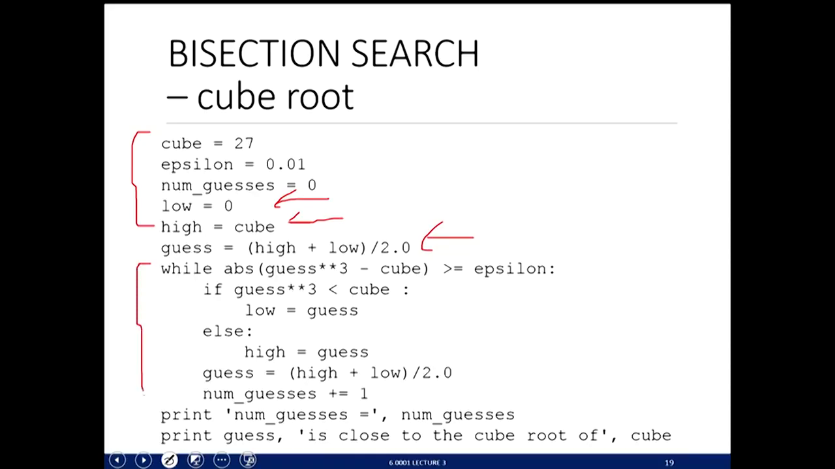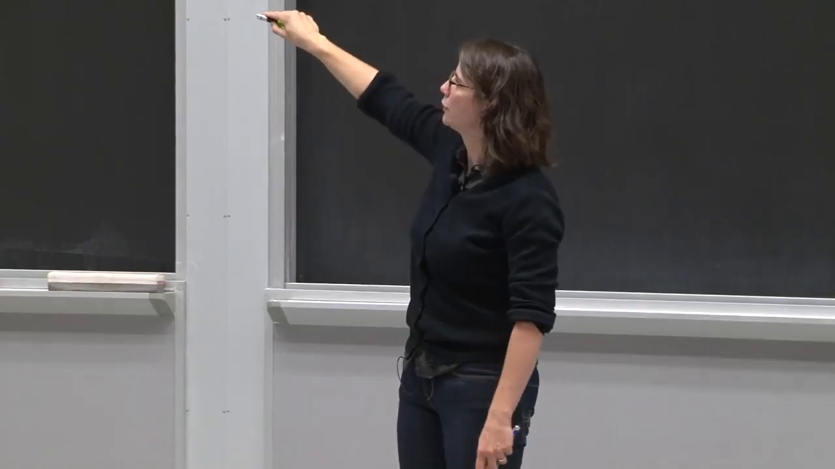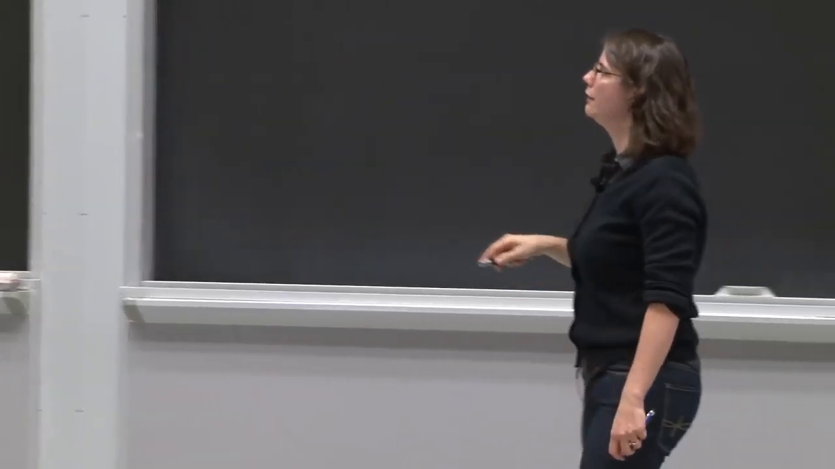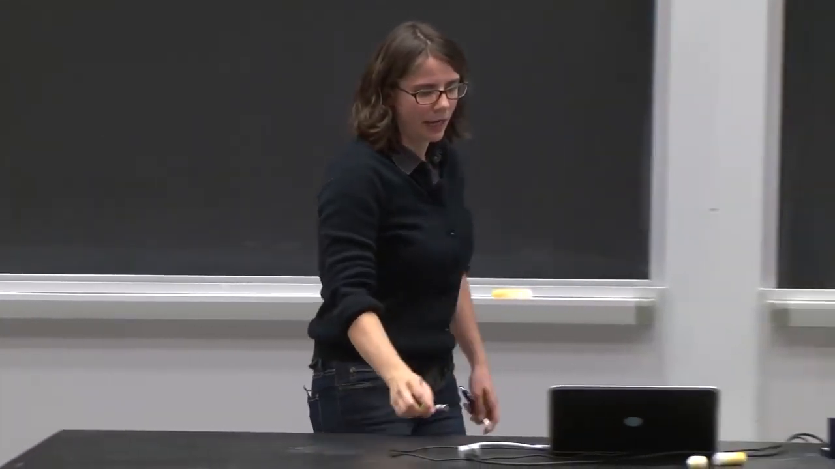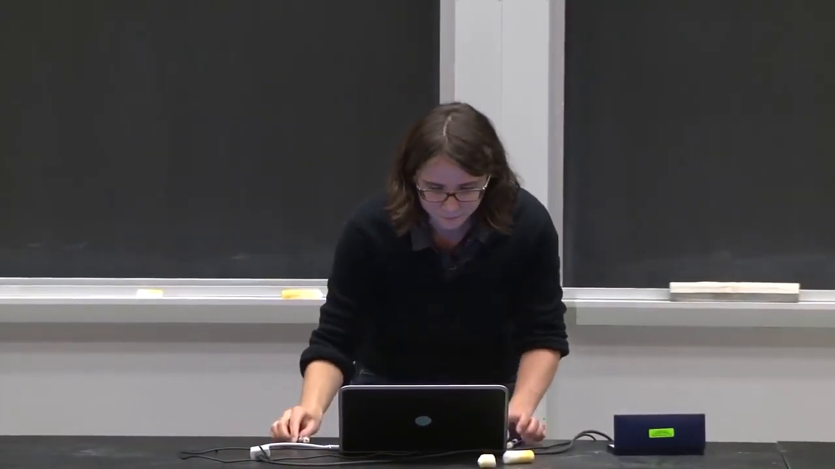Then I have this while loop here. The while loop is similar to the approximation method, where as long as I don't have a guess that's good enough, depicted by this greater or equal to epsilon, I'm going to keep guessing. That's what this while loop is saying. So if the guess to the power of 3 minus cube is not good enough, keep guessing. And the way I keep guessing is